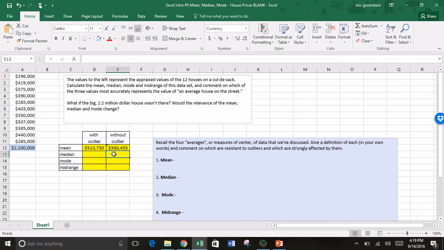If we do the same thing for the median, I'll do without the outlier first. So equal median, and I'll highlight the first 11 values. The median price is $375,000. So that's the halfway point on the list. And just to show you exactly what I mean by that, let me